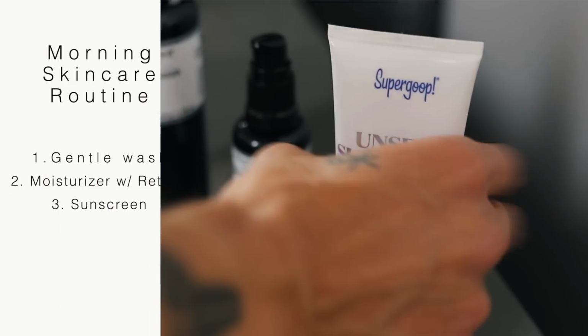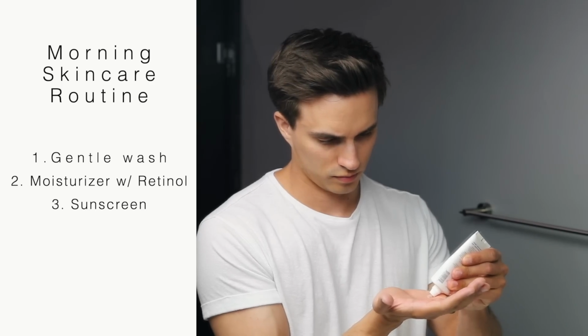Now, whether it's sunny, cloudy, or even if you spend all your days indoors in a cubicle, the sun will always percolate its way through just about anything, including windows, just to find your skin. And as most of us know, the sun is very damaging to our skin due to its harmful UV rays. So a simple sunscreen with SPF will definitely work as a shield to protect you from wrinkles and damaged skin. Men are actually twice as likely to get skin cancer than women, so be mindful of this and don't neglect